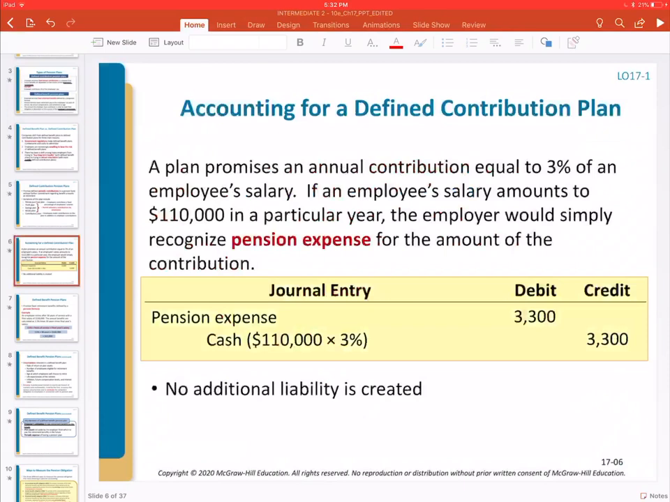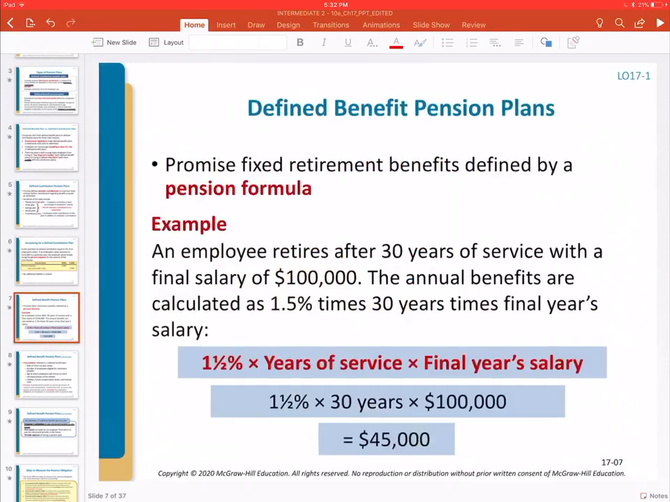The very simple way is just to say that every period when the company makes their contribution to the retirement fund, that company just records a debit to pension expense and a credit to cash for the amount that was contributed. That's it, right? So when we shift our focus to defined benefit plan through the rest of the lecture,